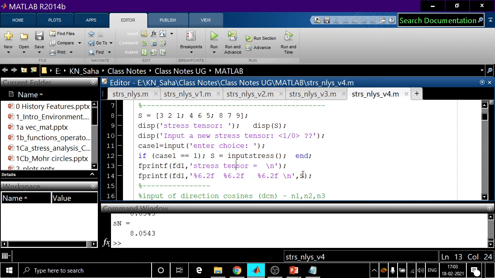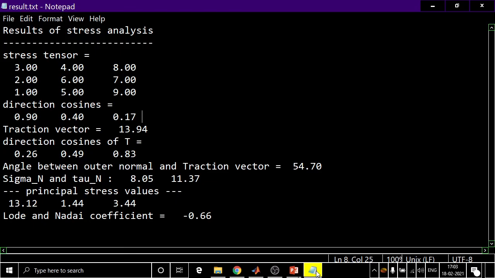Now S contains 9 elements, 3 by 3. So this will automatically write S starting from the first element to the last element. So S is stored in an array. So gradually it will print 1, 2, 3, 4, 5, 6, 7, 8, 9. So it is becoming 3 by 3 that way. This part is clear. Okay.